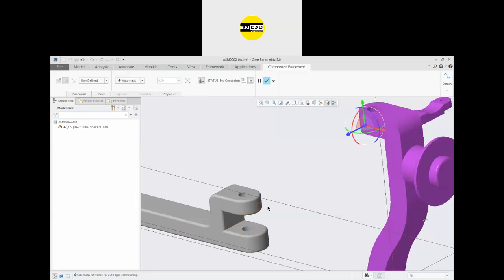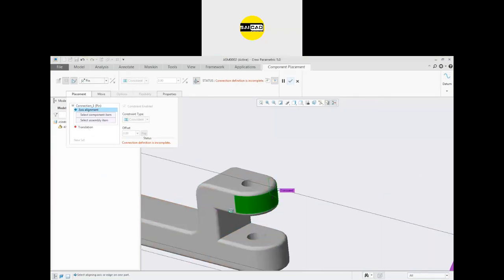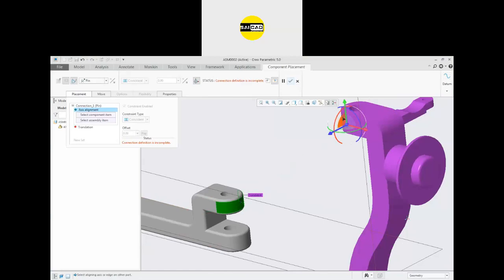To rotate the part, we have to apply a joint here, that is pin. In the pin joint, you can see there are two connections. First is the axis alignment, second is the translation. So we have to fix its axis. You can select two circular faces like that.